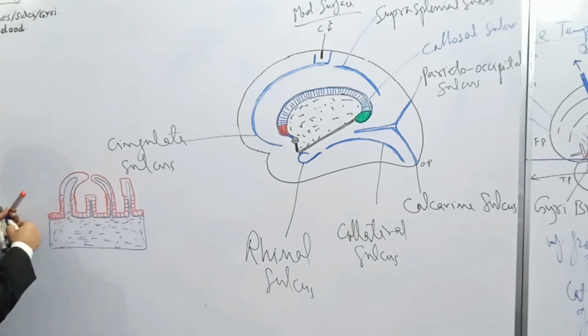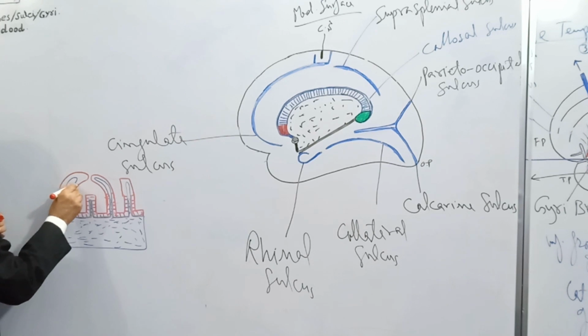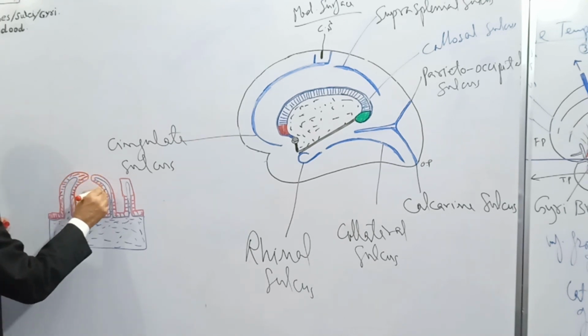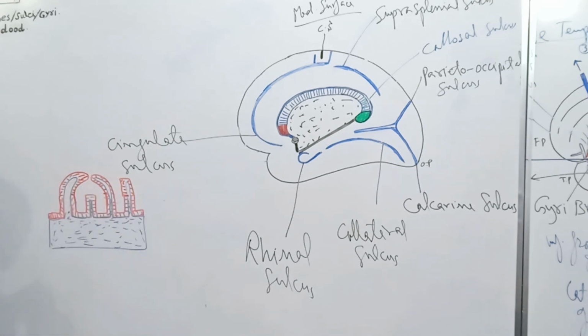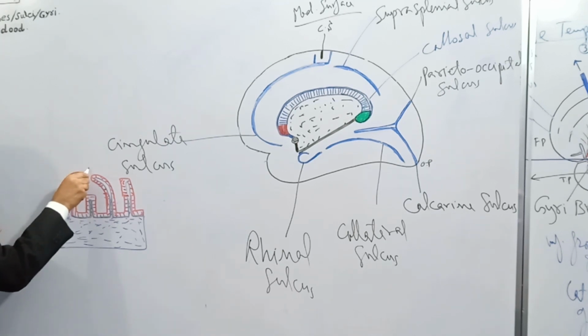Some of the gyri grow faster as compared to the other neighboring gyri. So you can see this gyrus lags behind, but the surrounding gyri grow faster and overlap this gyrus in the floor. Thus, on the surface, you can see a sulcus here, one sulcus,